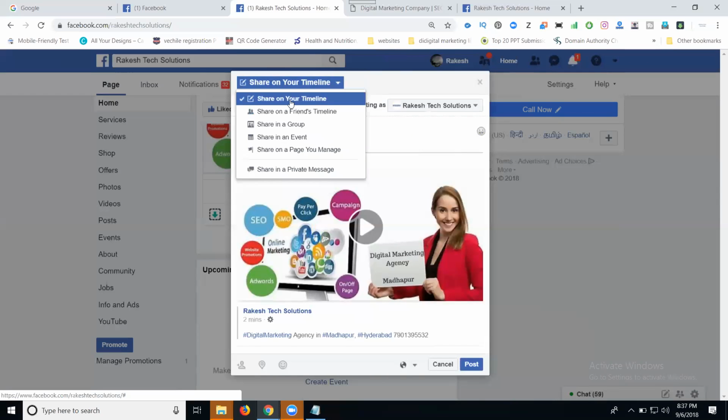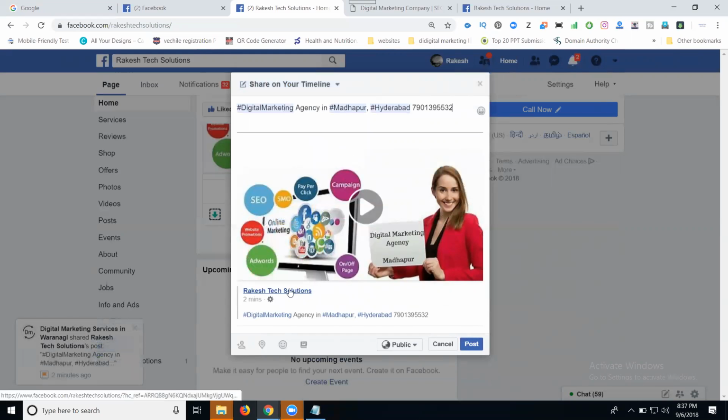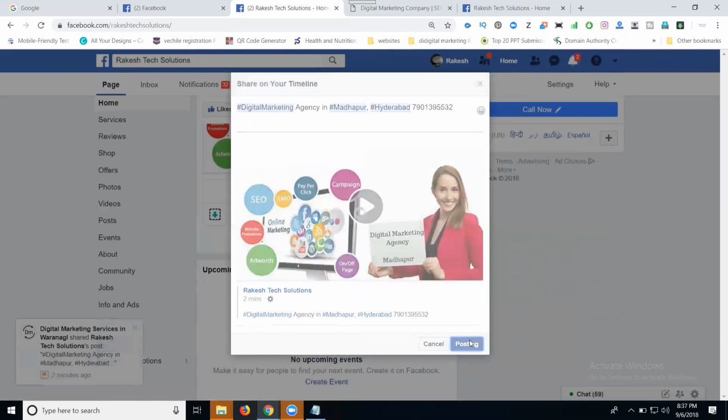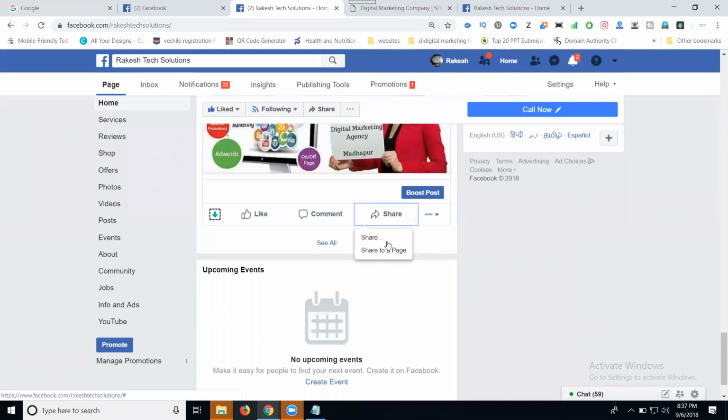Share on your timeline, fix it. Click post. They're promoting through hashtag, second promoting the Facebook page, next promoting the video. Now click post. Done.